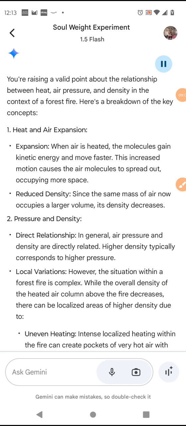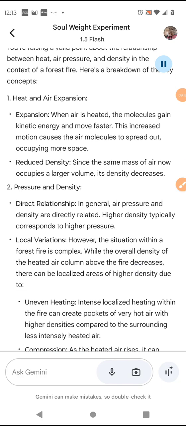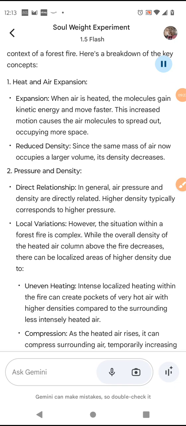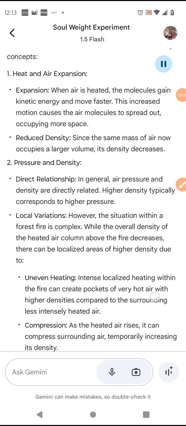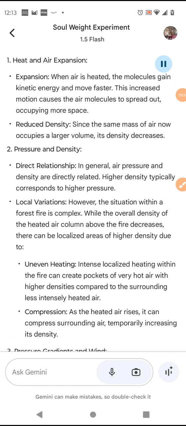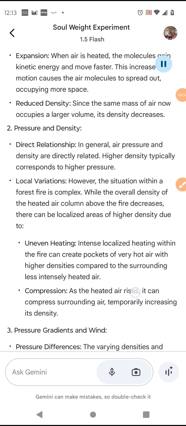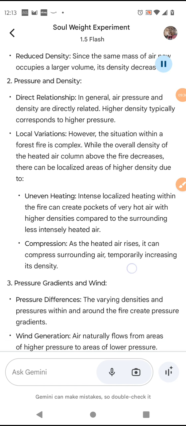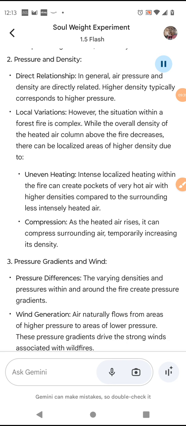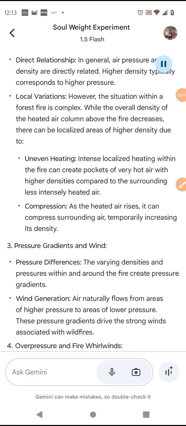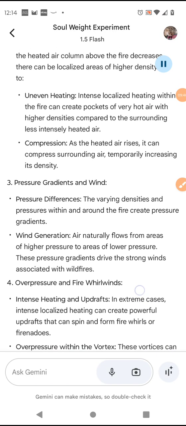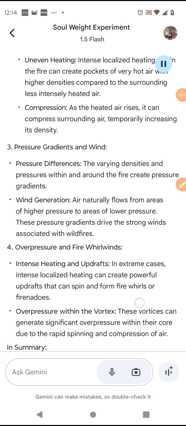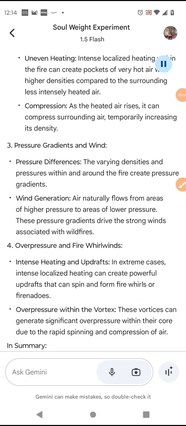While the overall density of the heated air column above the fire decreases, there can be localized areas of higher density due to uneven heating. Intense localized heating within the fire can create pockets of very hot air with higher densities compared to the surrounding less intensely heated air. Compression. As the heated air rises, it can compress surrounding air, temporarily increasing its density. 3. Pressure gradients and wind. Pressure differences. The varying densities and pressures within and around the fire create pressure gradients. Wind generation. Air naturally flows from areas of higher pressure to areas of lower pressure. These pressure gradients drive the strong winds associated with wildfires. 4. Overpressure and fire whirlwinds. Intense heating and updrafts. In extreme cases, intense localized